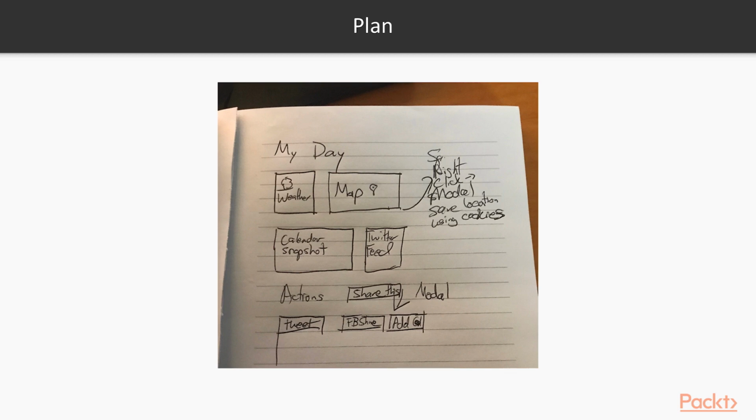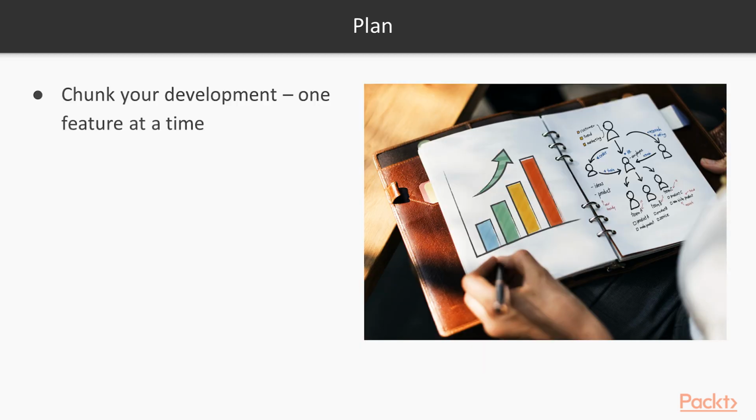Because while there are visual code editors, and you could use those to do this as well, I find that it's so much easier to just cross this out, draw it again, and mark it up. Sometimes just looking at things from a different perspective will give you a lot more value. And the last little aspect and some tips I can give you is chunk your development and do things one